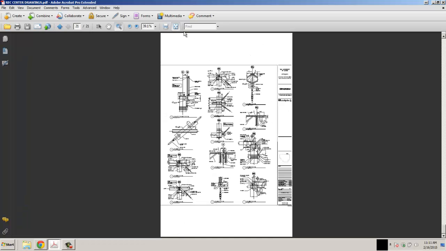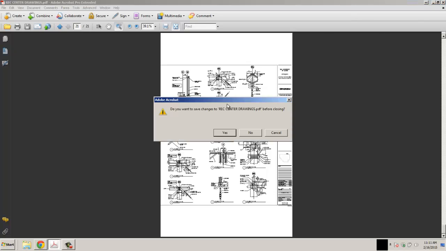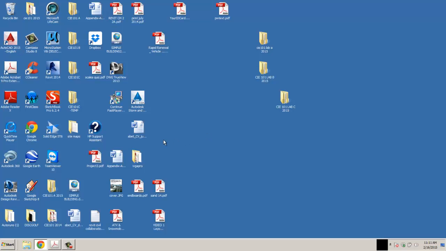So that's it for the rec center plans. I won't put those up online. I just wanted to run through those and show you the organization, but this is probably 100 sheets of paper in its full set. What we looked at here was just some minor pieces. So I'm going to close that out. No, I don't want to close it, save it. And I want to take a look at